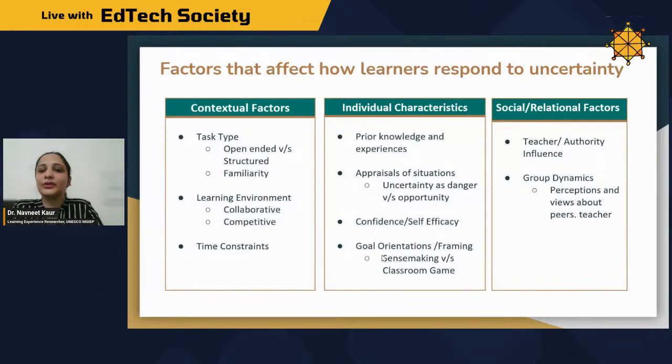So basically there can be different factors, right? They can be contextual factors. Contextual factors means the kind of task that we have given them. Is it an open ended task, is it a familiar task? If it's open ended, there will be a lot of questions that they have. If it's a novel problem, then they don't know much about it, so they'll have so many questions. And accordingly it will depend on whether they are trying to maintain it, finding answers, or they're just trying to reduce it. Maybe they already have some answers, or maybe there are so many uncertainties they try to suppress it.